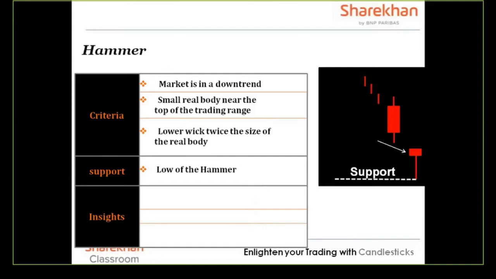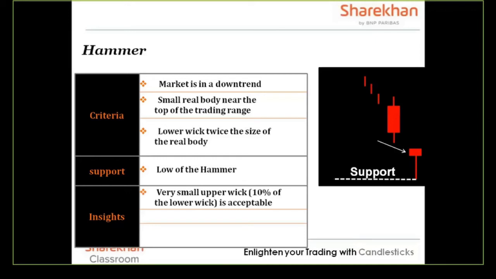However, I want to make this point very clear, especially about candlesticks. The low of the patterns which we are going to be discussing, friends, usually acts as a stop loss. However, the stop loss should be on a closing basis. As I told you, candlesticks give a lot of importance to the closing price, and hence a trade can only be stopped out if the price closes below the hammer, and not just goes below the hammer.